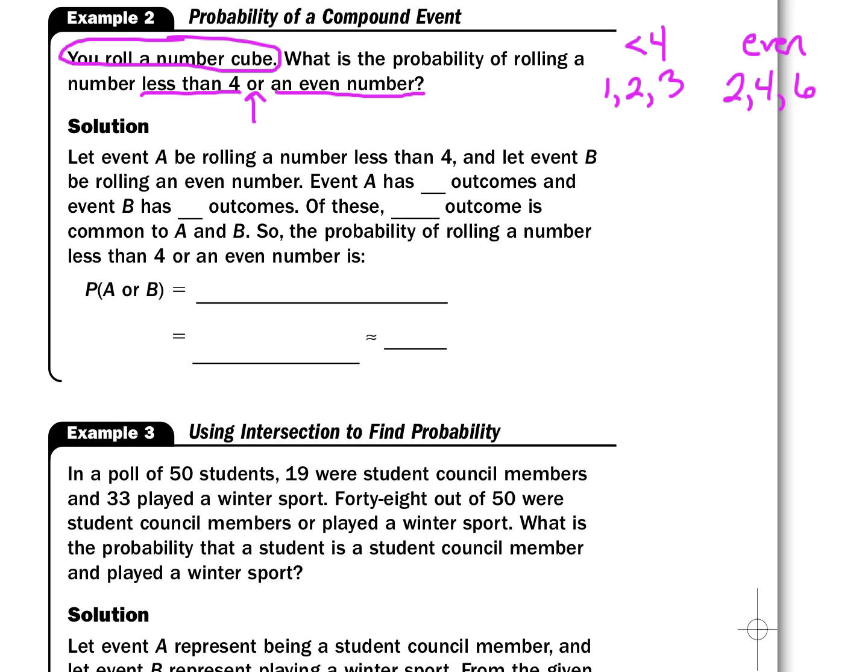Now notice that I've got overlap there. I could roll a 2, and that would satisfy both conditions. 2 is less than 4, and 2 is an even number. So let event A be rolling a number less than 4, and let event B be rolling an even number. Event A has 3 outcomes, and event B has 3 outcomes. But of these, one of the outcomes is common to both A and B. So the probability of rolling a number less than 4 or an even number is the probability of A plus the probability of B